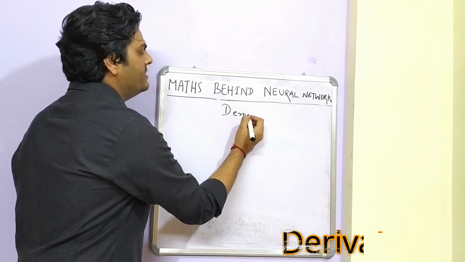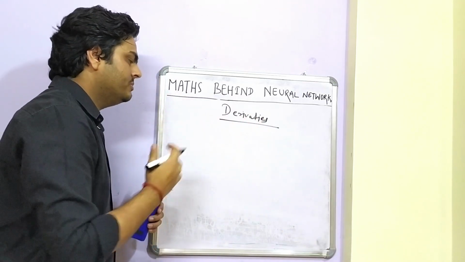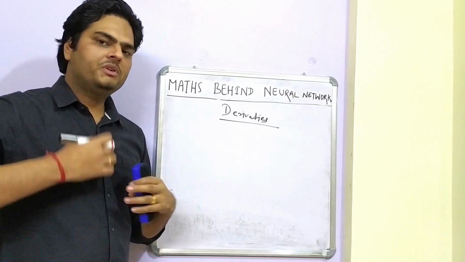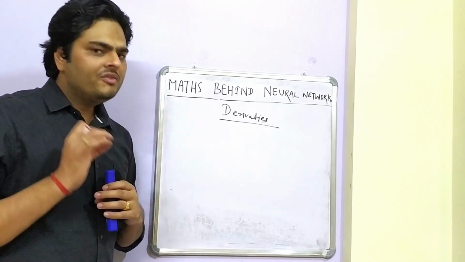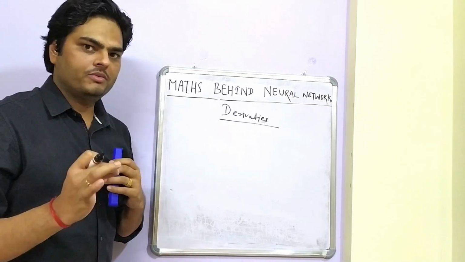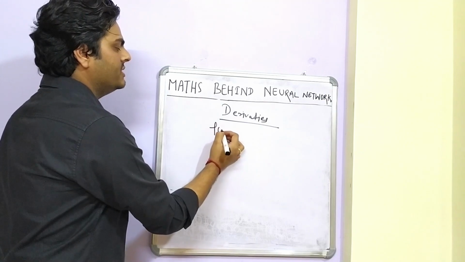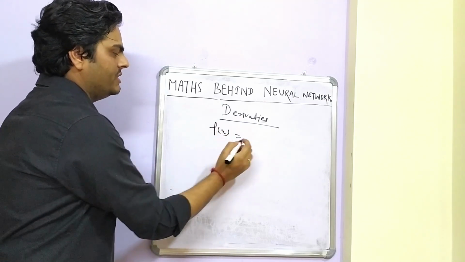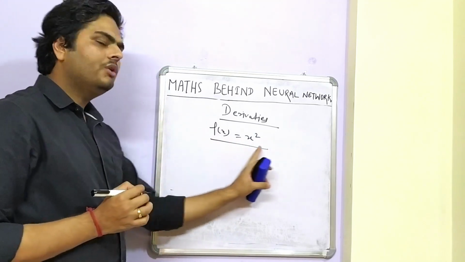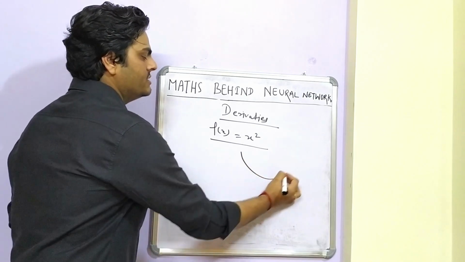Derivatives I had explained in my calculus video, if you remember. I am just pasting the link here. Just to reiterate and keep it fresh in your mind, derivatives are nothing but the slope of the tangent to a curve. Let me draw a curve and show you. For example, if I write a function f(x) = x square, how will x square look in the xy plane? X square looks like this.